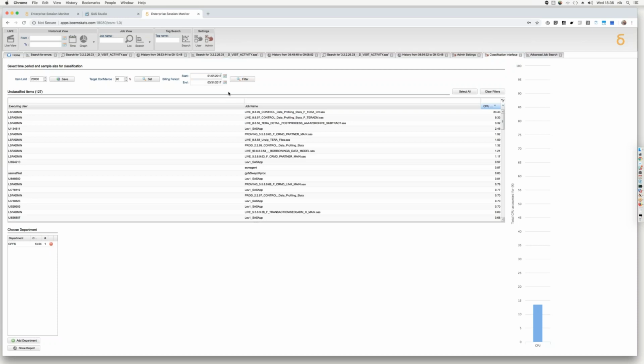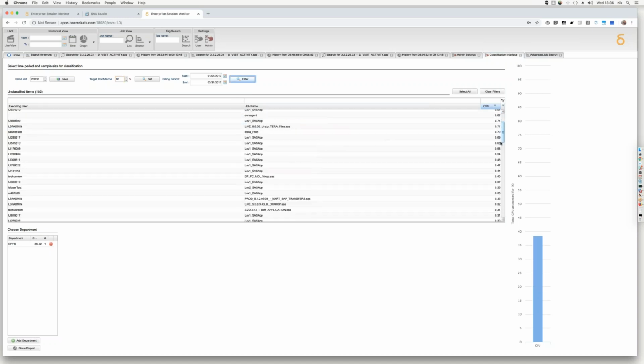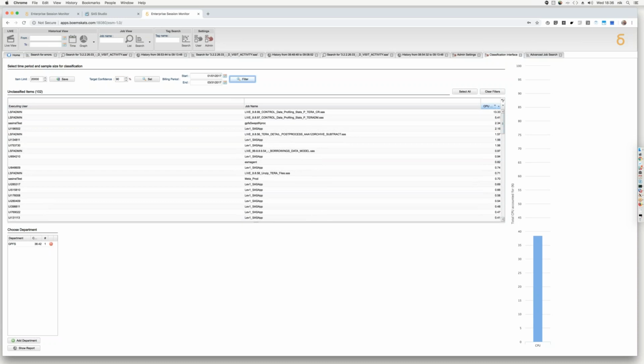the 31st of March, and I say I want a 90% confidence, what ESM will do is it'll go away and come back and tell me each of the job items that I need to classify into a cost bucket in order to fully understand how the distribution of cost should be assigned for that quarter, which means that I can go in here and say one of my departments was batch, so we can say that's the